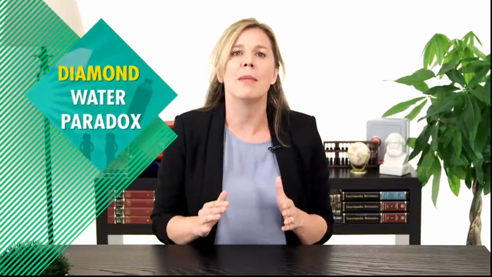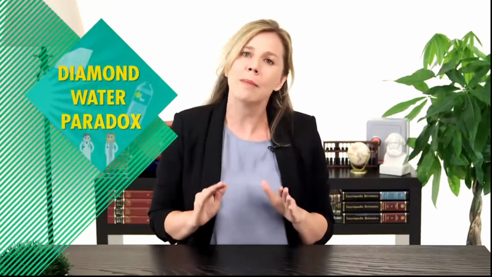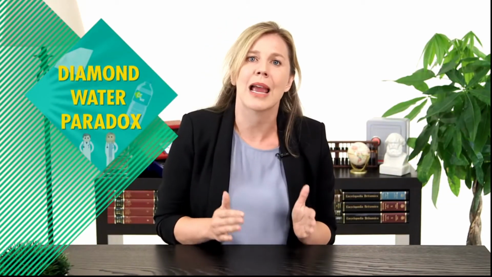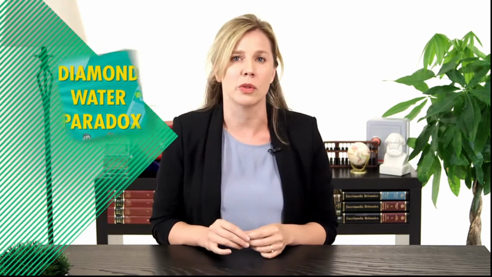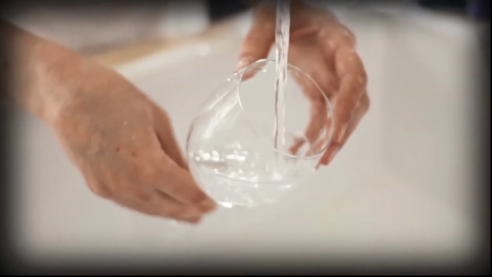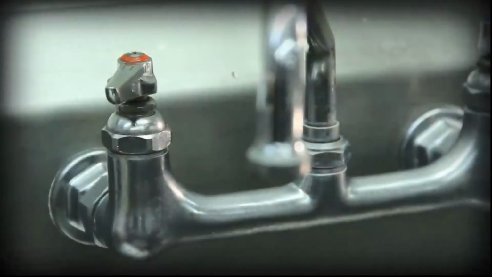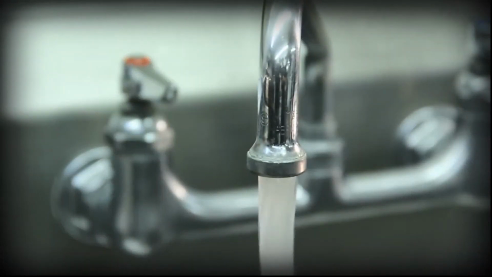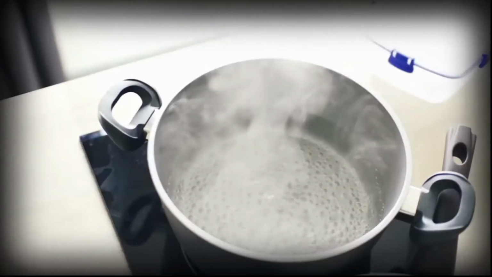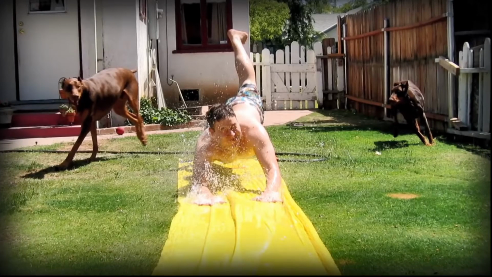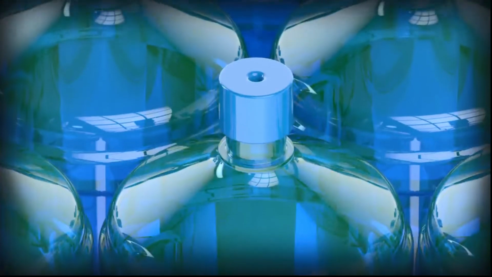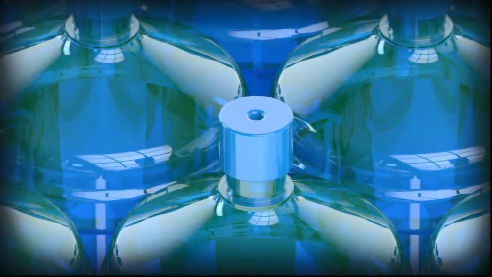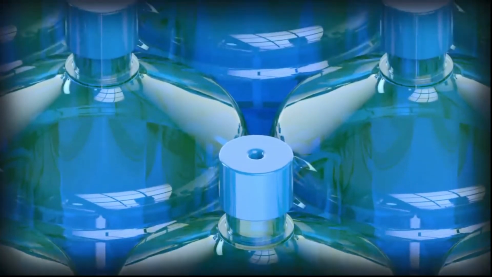This is called the diamond water paradox, and it can be explained with marginal analysis and the law of diminishing marginal utility. The total utility we get from water is very high, but since it's so plentiful for most people, the marginal utility is really low. If you can stay hydrated, cook, take showers, wash your clothes, and occasionally use your slip and slide, then the additional satisfaction of yet another gallon of water is small. The result is a lower price.